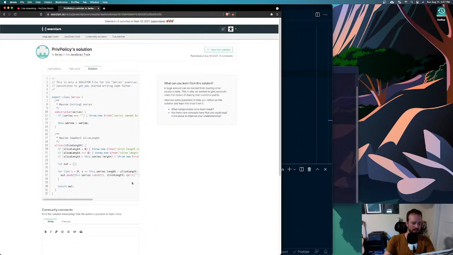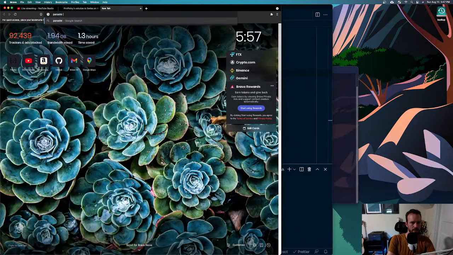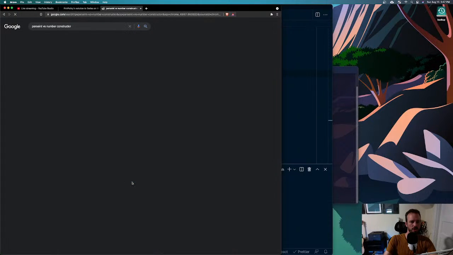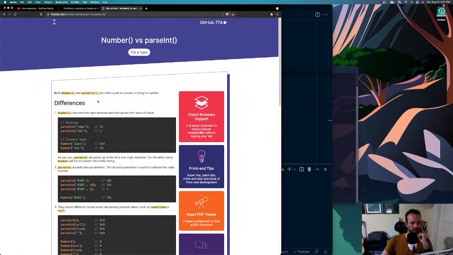What is the difference between parseInt and the Number constructor? I think it's a very subtle difference. Number converts the type, whereas parseInt parses the value of the output. In other words, this is 5, this is 32. Okay, right, so with parseInt, it lops off weird stuff, and will convert scientific notation, whereas Number